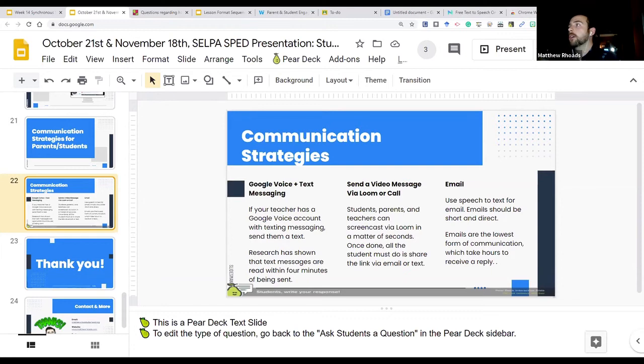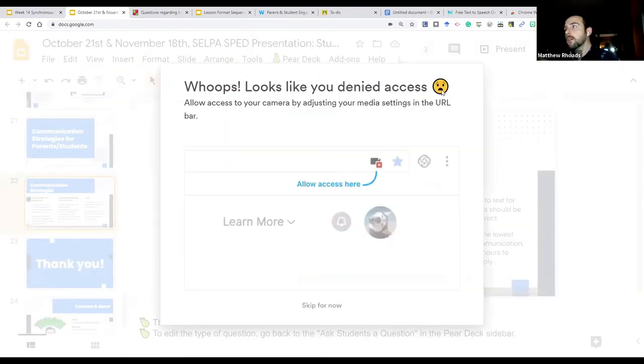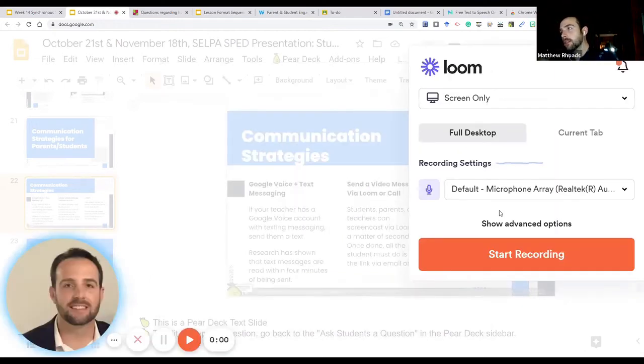Once it's downloaded into your internet browser, I can't do my video right now because I'm using it on Zoom, but I just think screencasting for parents and communicating back and forth with them, if you want to have them look up something or if you want to give them a video message, to me, this is just sometimes a lot more powerful than an email